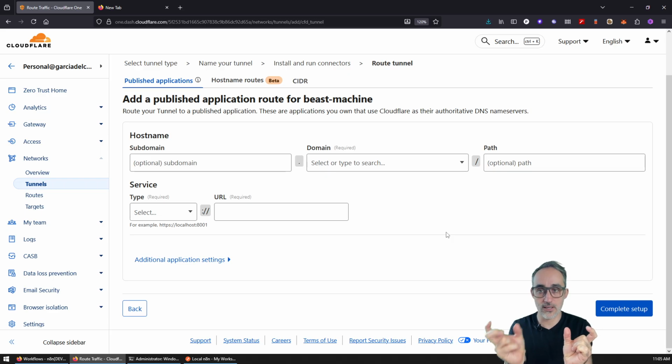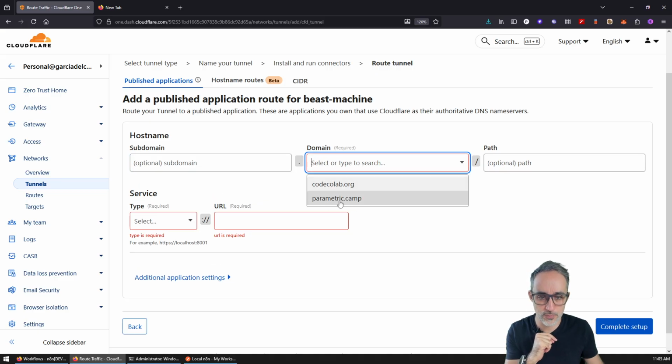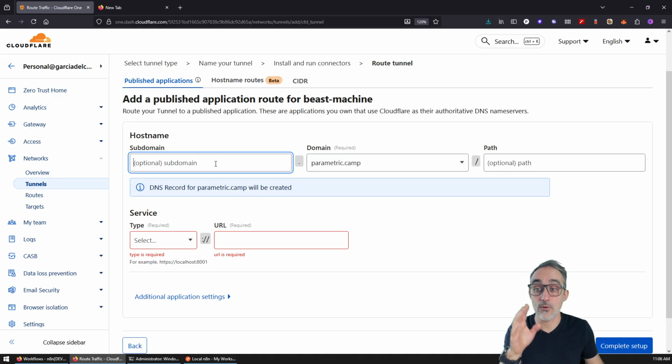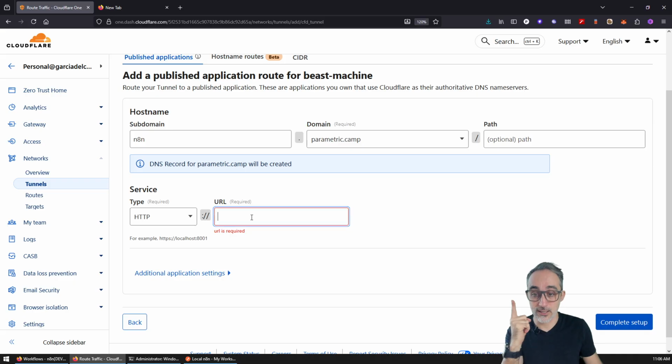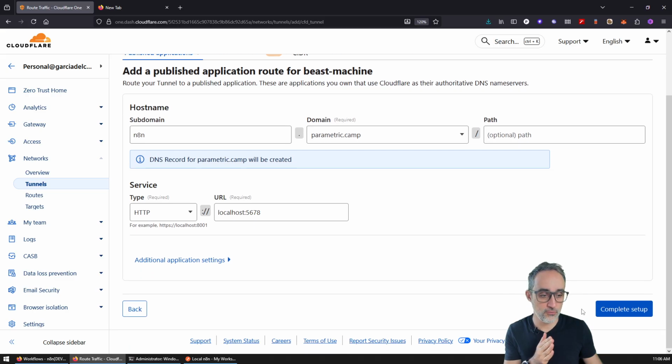configure the subdomain of my tunnel, or in other words, the n8n. So I'm going to choose parametric.camp as a domain. I want the subdomain to be n8n. All right. And that's the external URL. And I want to connect it to a service that I'm going to be running on my machine. Remember, that was localhost 5678. Okay. The moment I do this, I can complete the setup, and then hopefully,